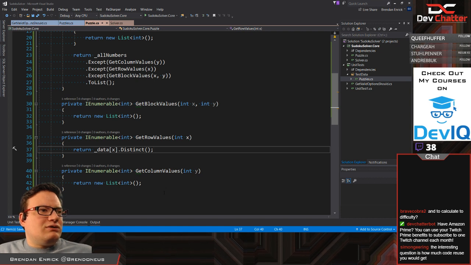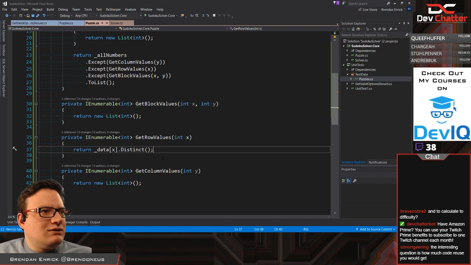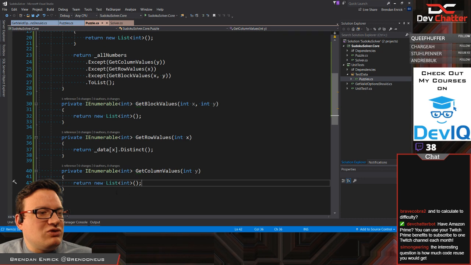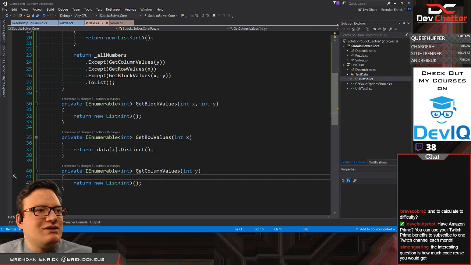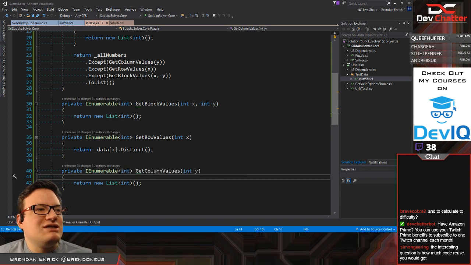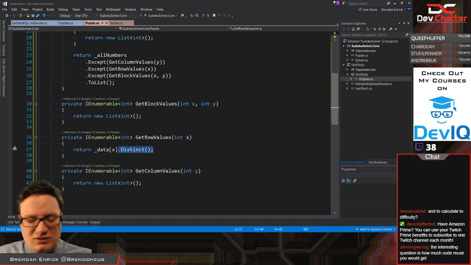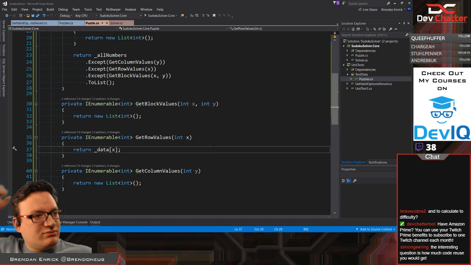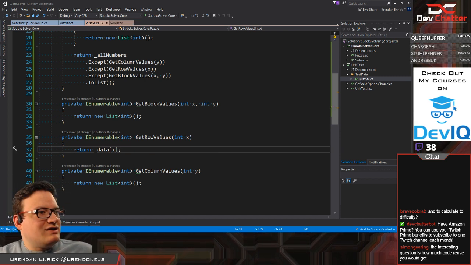Okay, so the column values is going to be weirder because I want to get the distinct ones. Well, they should be distinct all the time, aren't they? So I don't need to distinct it, I can just return them. And on this one,